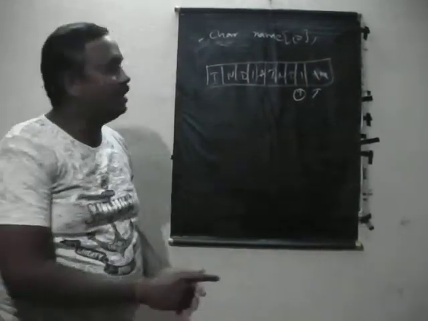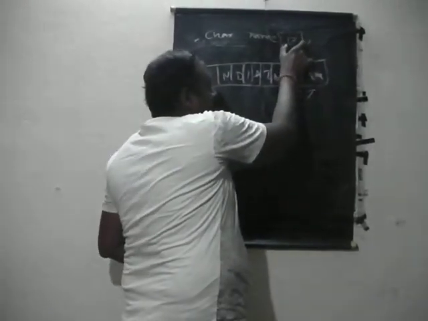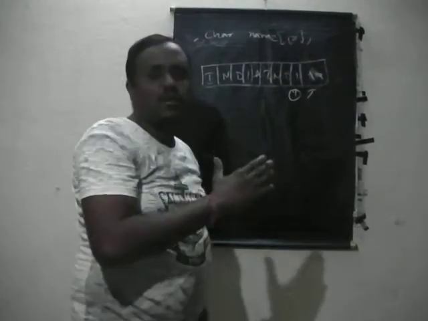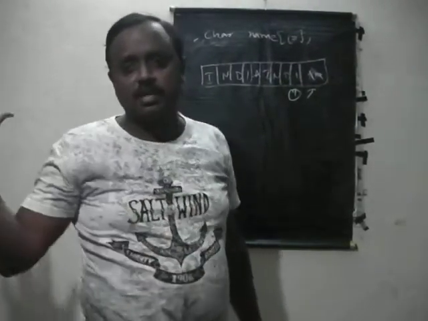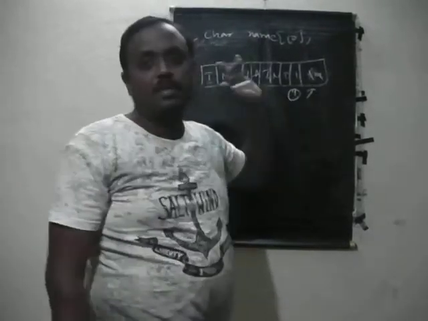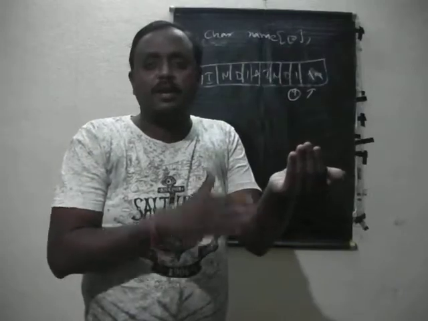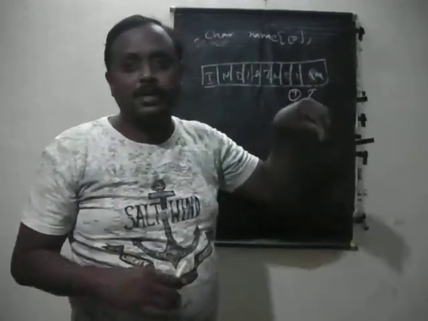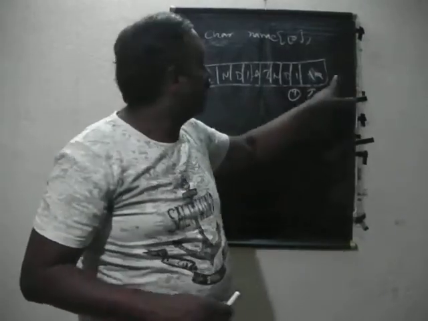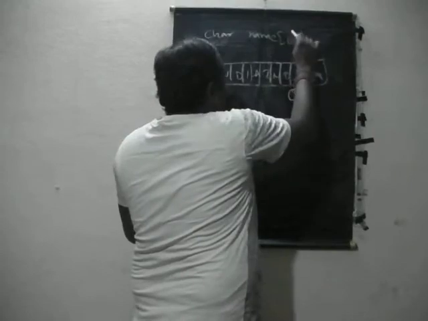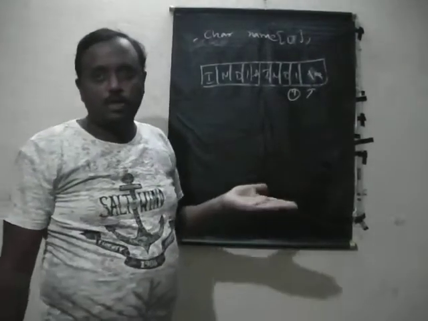So again I am repeating, when we take a number of characters in your character array, the last character is already allocated with the null character. Technically, the string has to be terminated with the null character. When the null character is terminated, automatically the string is completed. With the help of the null character we can assign. So for 10 characters, you will take 11. No problem, your wish.